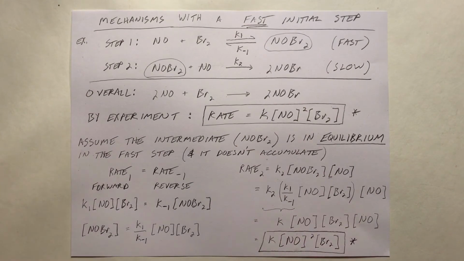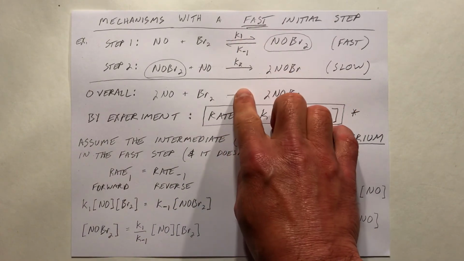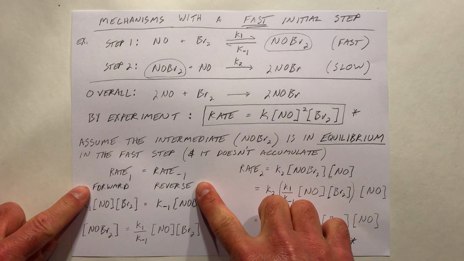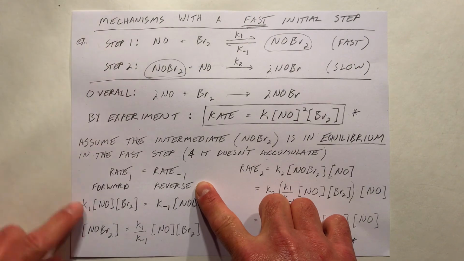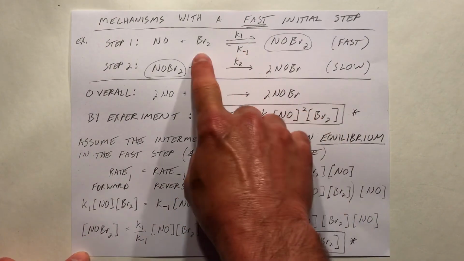So if you haven't studied equilibrium reactions, an equilibrium is where a reaction can go in the forward and reverse directions simultaneously. So there would be a rate for the forward reaction and a rate for the reverse reaction. And one of the properties of equilibrium reactions is that the rate of the forward reaction would be equal to the rate of the reverse reaction. So since this is step 1, we'll call it rate 1 and rate -1, where -1 would be the reaction